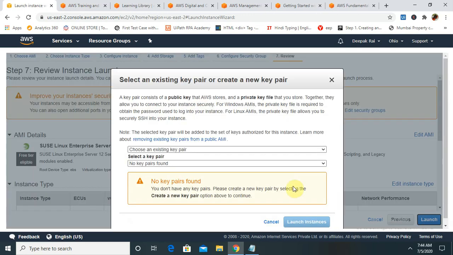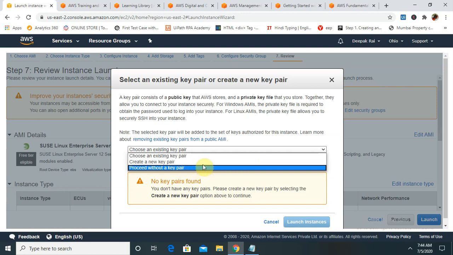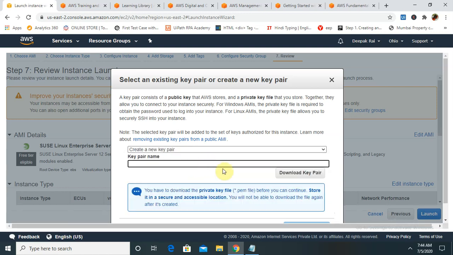Let me click on launch, and you can create a new key pair for security purposes, and you can download it for your Linux machine. That private key pair will help you to open your account in the Linux system by using PuTTY or from your cloud server session.